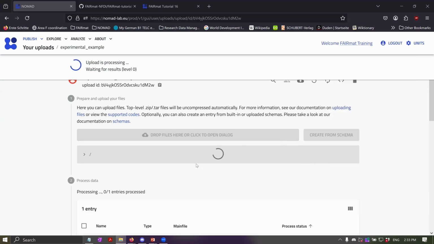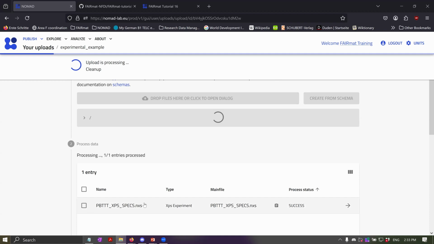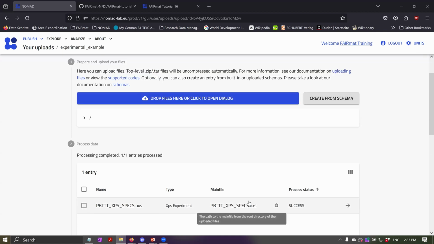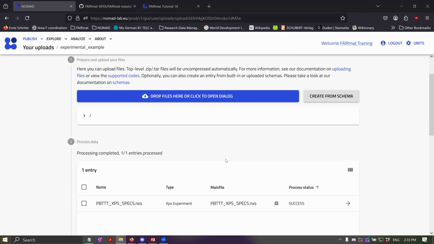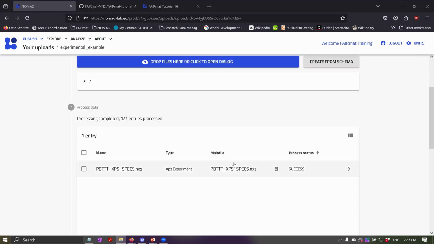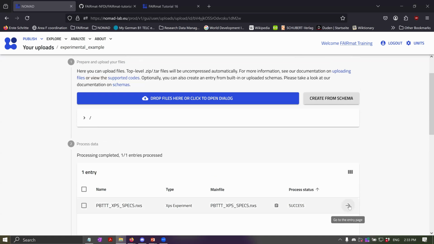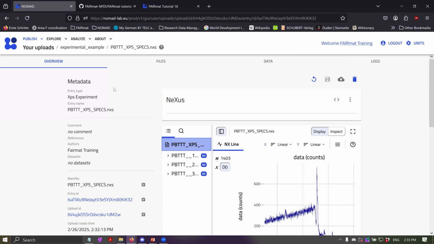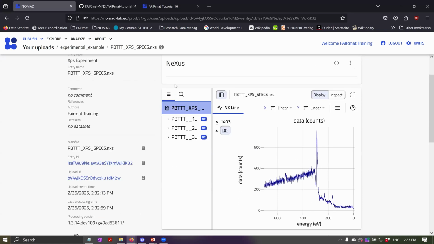Similar to what we have seen before, NOMAD checks if this file has a parser, and it does, so it parses the contents and creates an entry, which you can see is created here. Everything else is similar to what we have seen before, but it's worth exploring this entry and seeing how it's different from the computational file. Similarly, there is a metadata part and a cards part. You can see that the cards part here looks different than for the computational file that we have just uploaded. You have a card that provides a NeXus visualization of the data, which means you can see the plots,